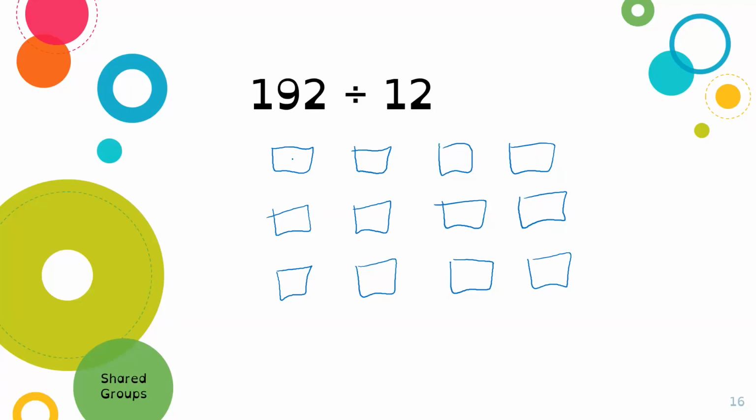So if I were to share out 10 in each group, I go 10, 20, 30, 40, 50, 60, 70, 80, 90, 100, 110, 120. So I've used up 120 of my 192. And so that was just a lot faster than going through and sharing out ones each time. So now that means I'm left with 72